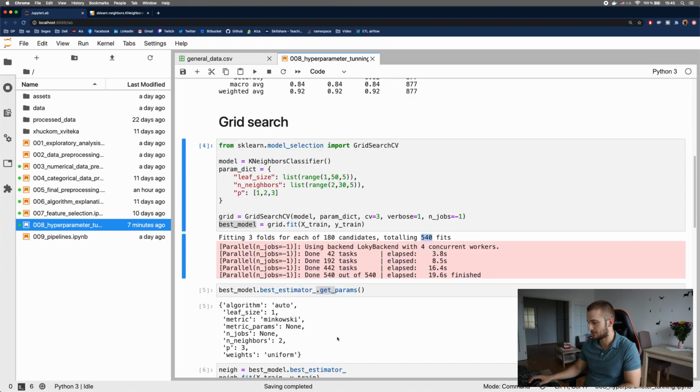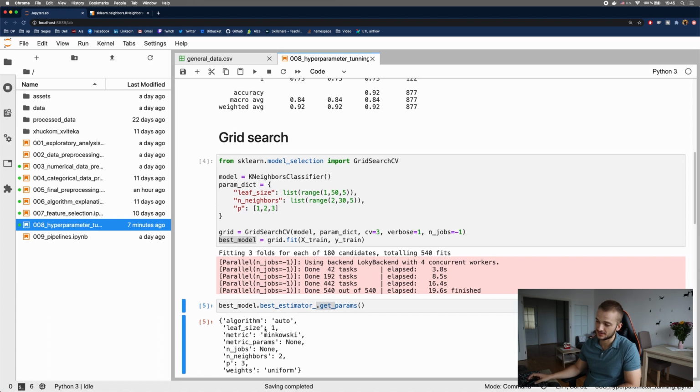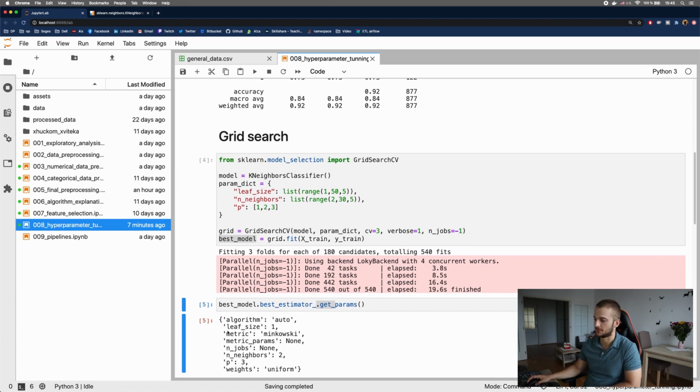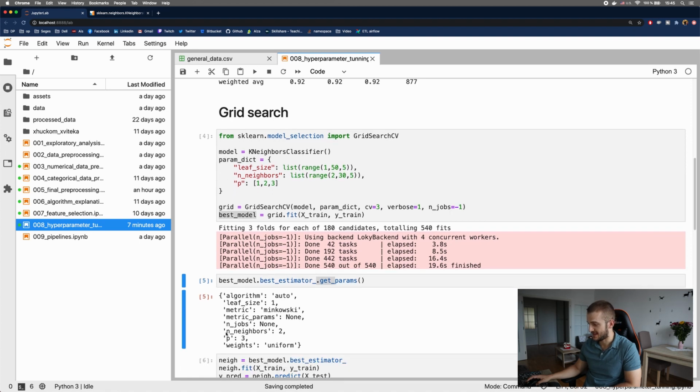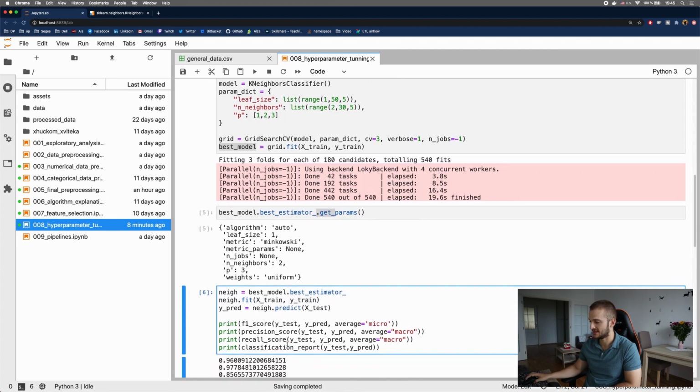And the best possible combination was the leaf size of 1, metric of Minkowski. These are the auto default parameters, which I didn't set. The P of 3, right, and weights uniform. So the default parameters were just set for me to default, right? So, and then I'm using here the best model to predict on train and test data, and look at the